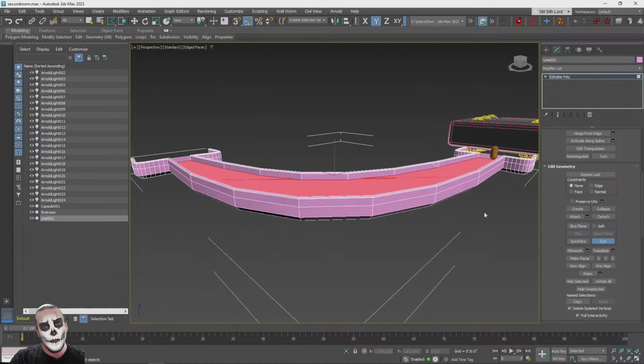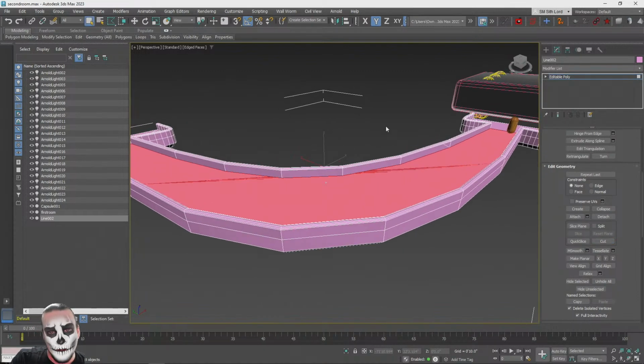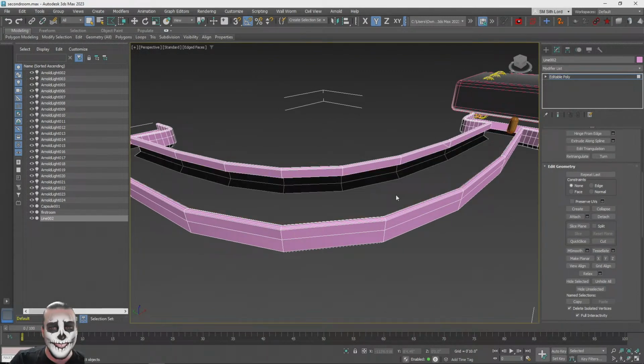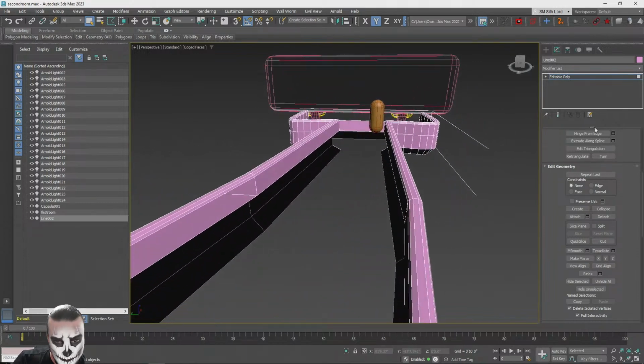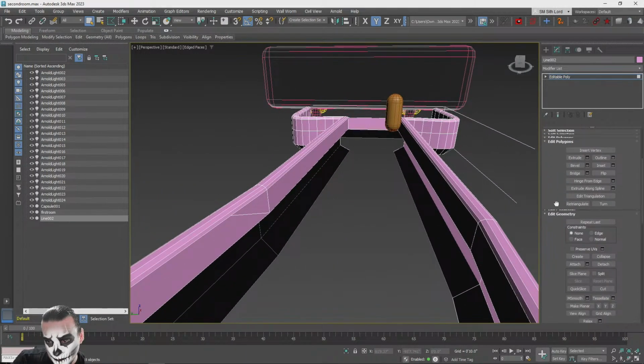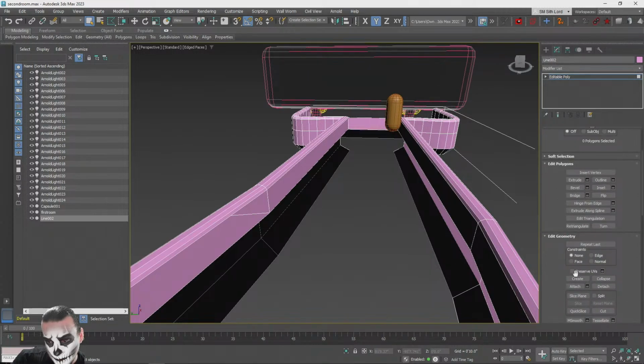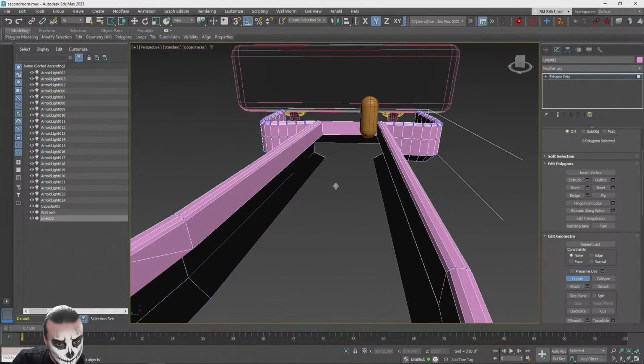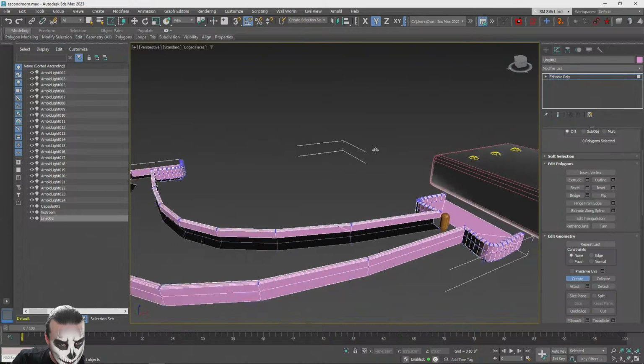Okay, this thing is not cooperating with me, so I'm going to delete this thing, and I'm just going to draw these quads again, because this is not hard. So I'm going to click quad, and then